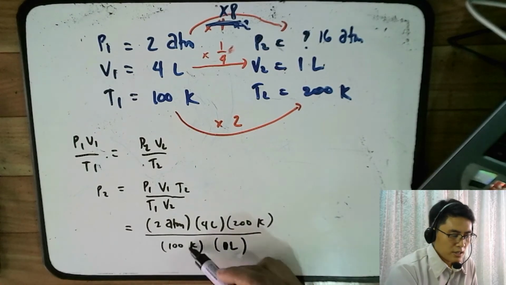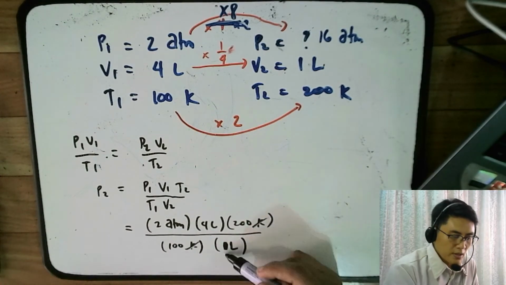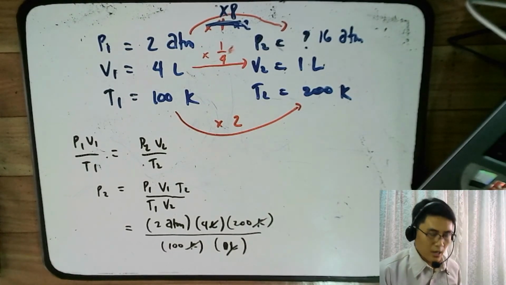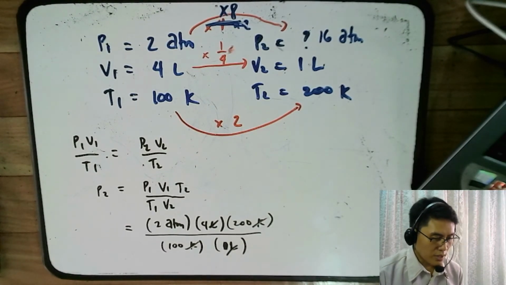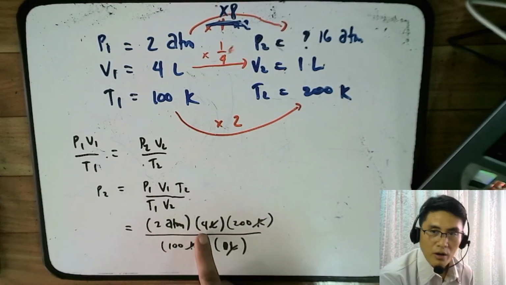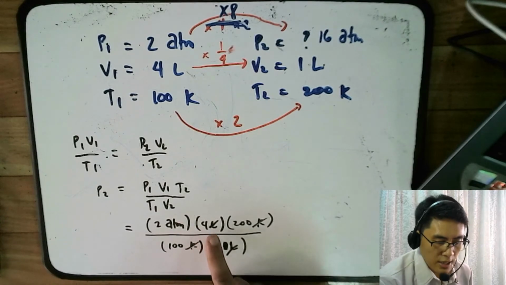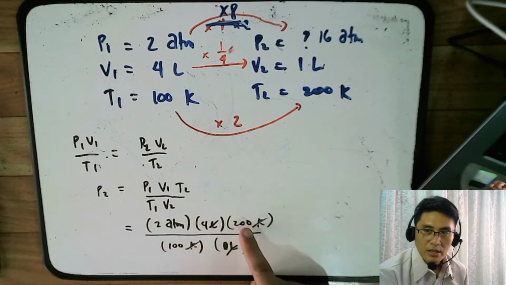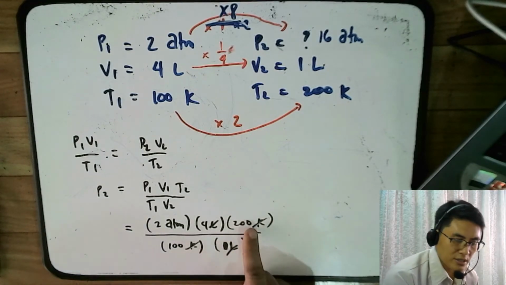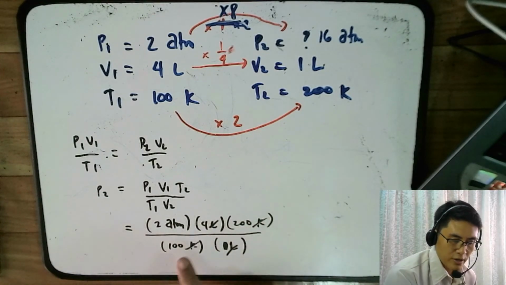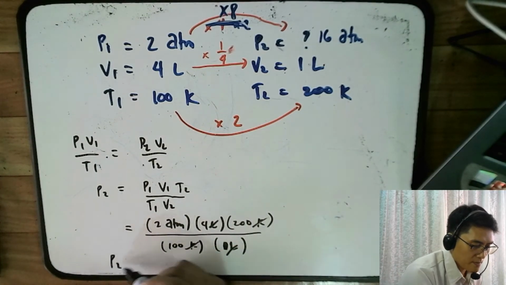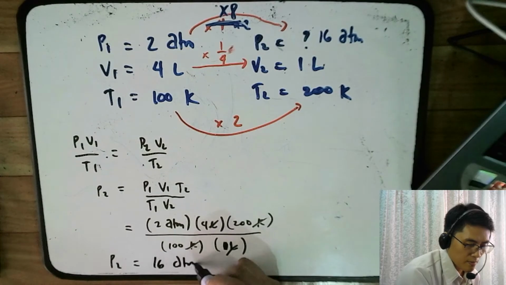Notice that the Kelvin cancels out, the liters cancel out, and therefore you're left with atm. 2 times 4 would be 8, right? Then 8 times 200 would be 1,600, right? And 1,600, which is the numerator, divided by 100 gives you 16. So you see,